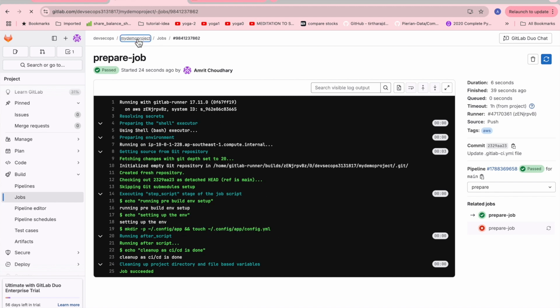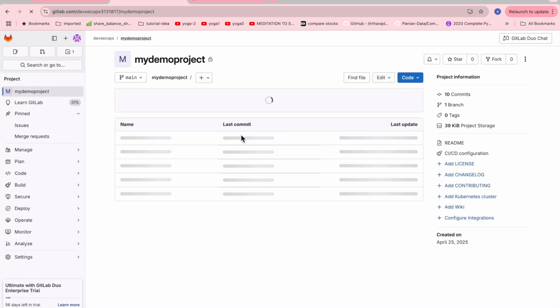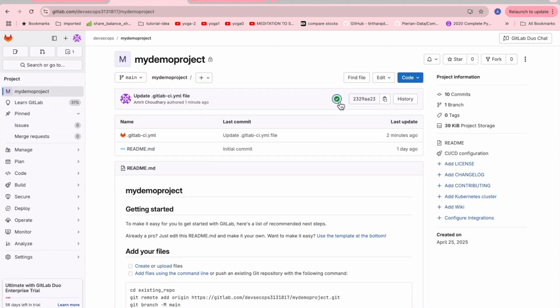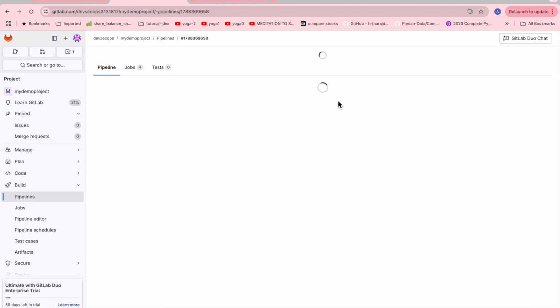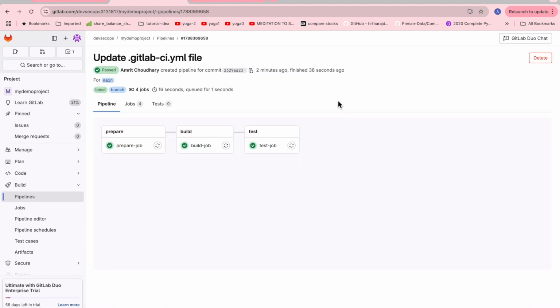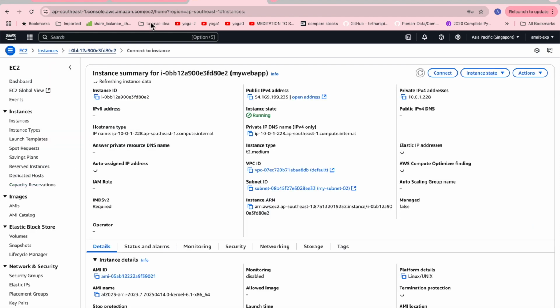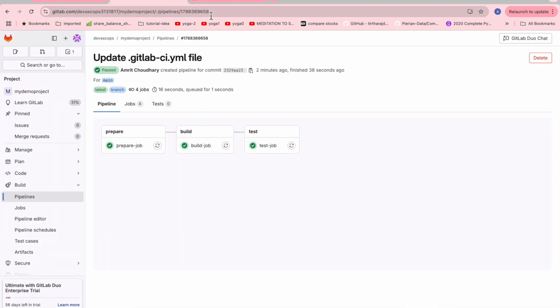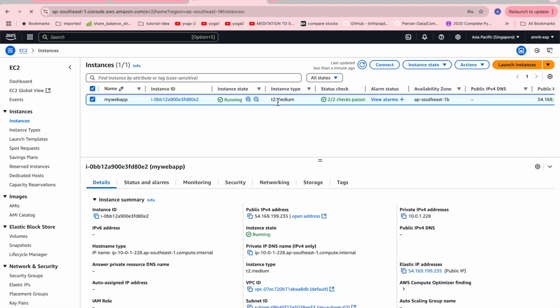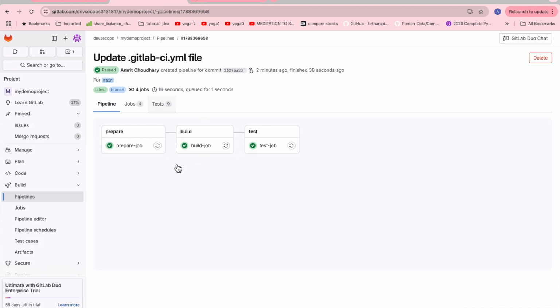Similarly, for the other jobs you can build it, and all of them are now running on the AWS cloud, whereas previously we were running on the available GitLab runners and also on our Mac machine for the runner. Now we have installed that and everything is running over the cloud instance which we have created. So we can always do a lot of things with the help of this instance. If we provide access from this instance to S3 and various other services, we can execute those commands with the help of this GitLab Runner agent, self-hosted agent, whatever we want to do, we can achieve with the